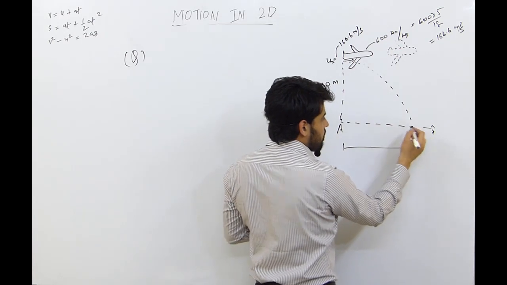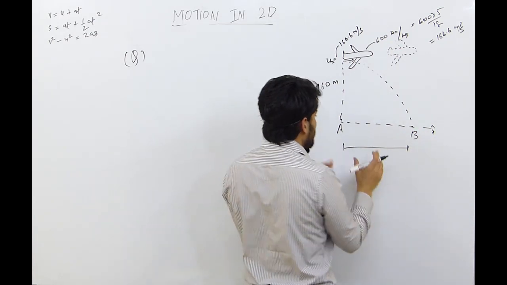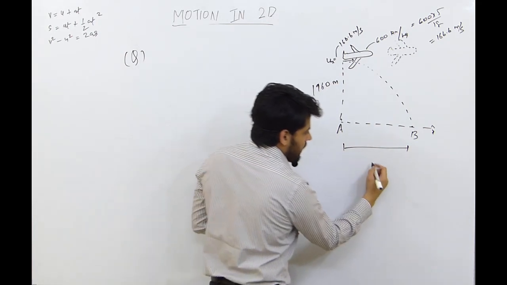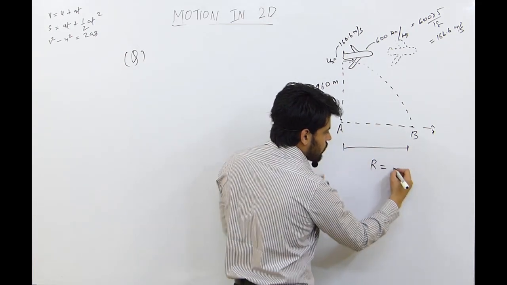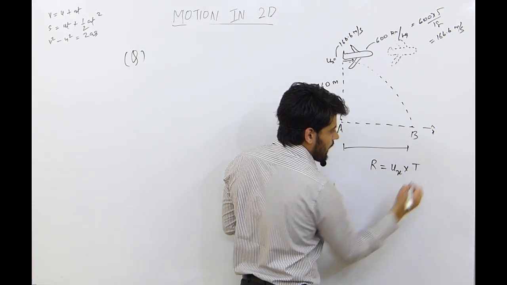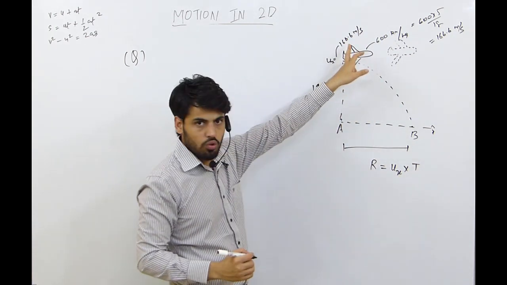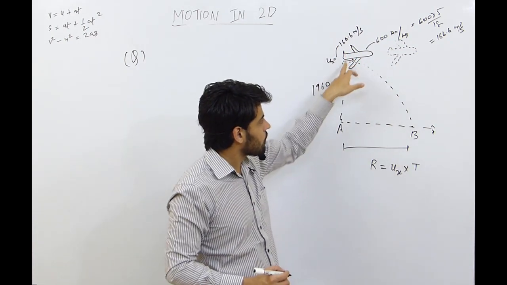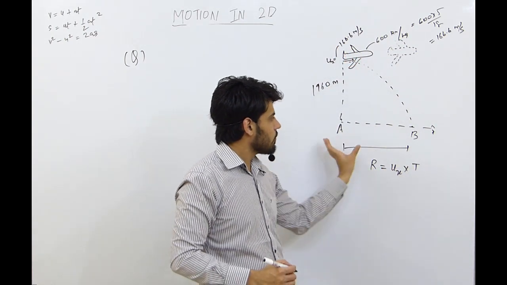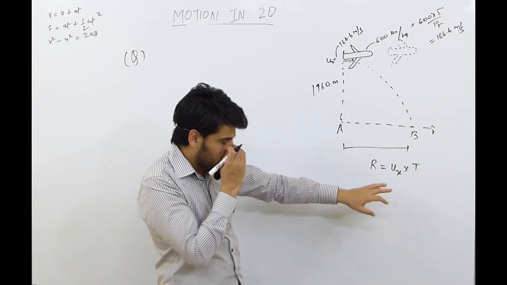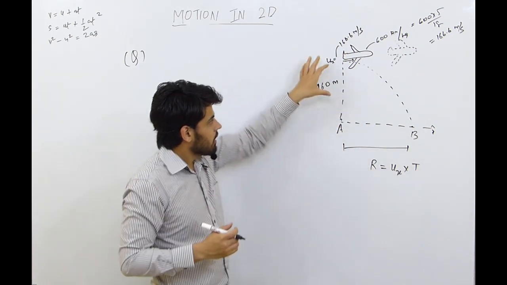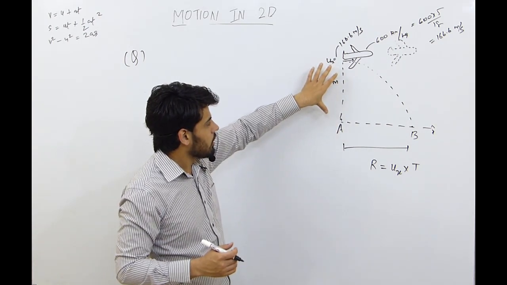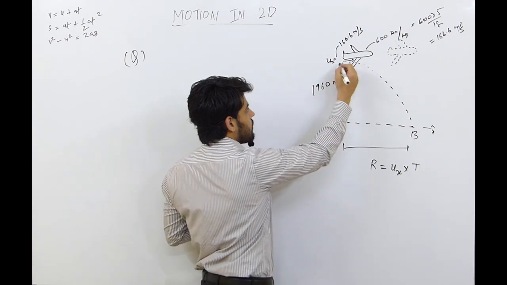The velocity of the bomb at point B we don't have to consider. We just have to find this range. To find this range, we must know that range is equal to ux into time taken. So ux you must be knowing, 166.6. We only need the total time taken, then the range AB can be calculated. So how do we calculate this total time? We will consider the total height in the equation.